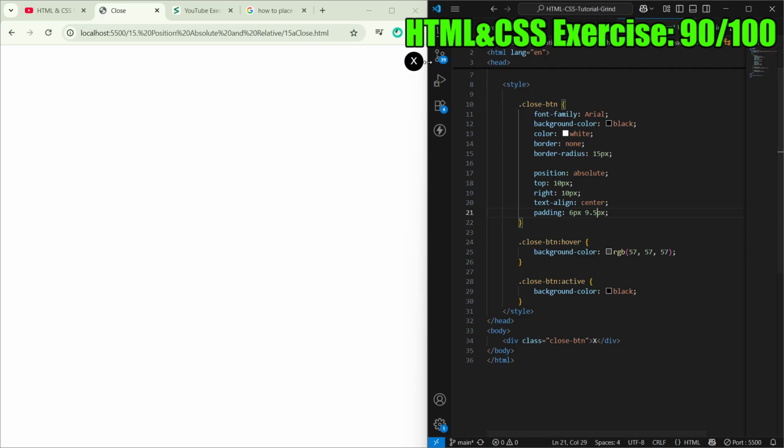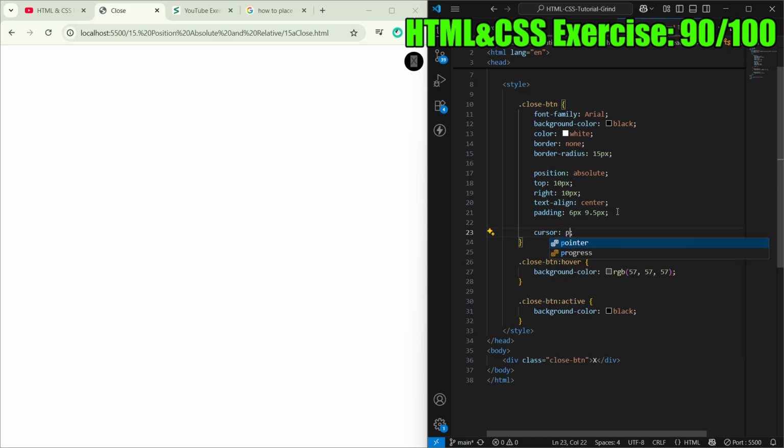And then it does the thing. Okay, pointer. Cursor pointer. There we go. Now it works like a button, even though it's a div, which is super duper wrong. Oh, okay. You shouldn't use a div as a button because it lets you highlight